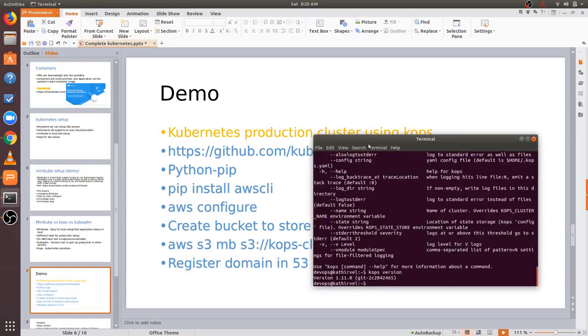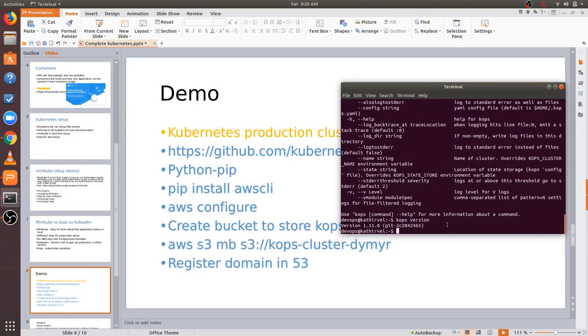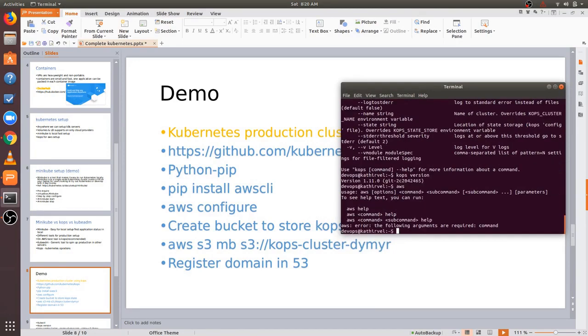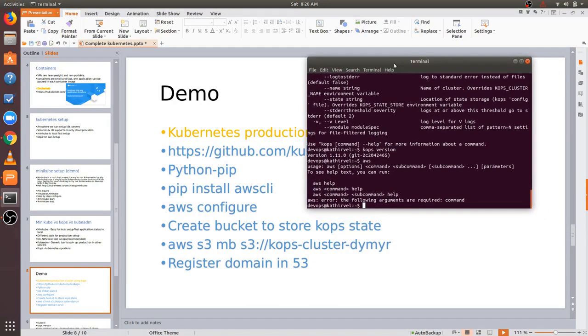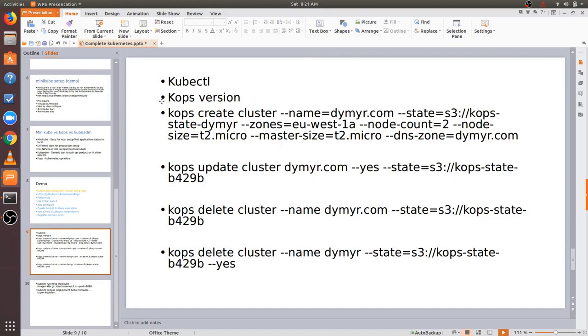Before creating our cluster, let me verify that AWS is configured. Yes, I have installed it. And before going further, you need to check that you have a domain name. I have a domain name registered. To store our Kops state file, we need to create an S3 bucket. I have done it using this command. Let me go on to